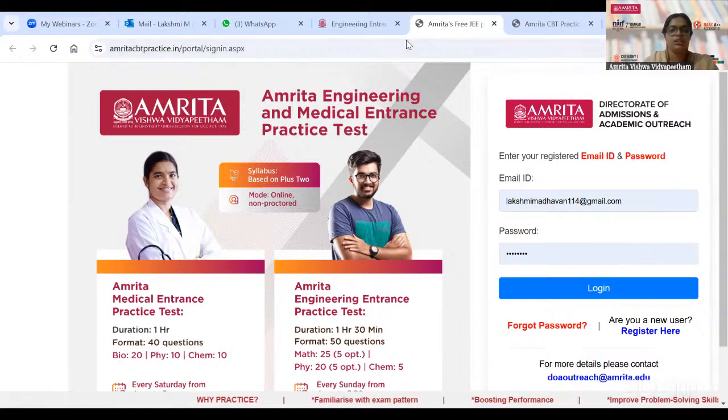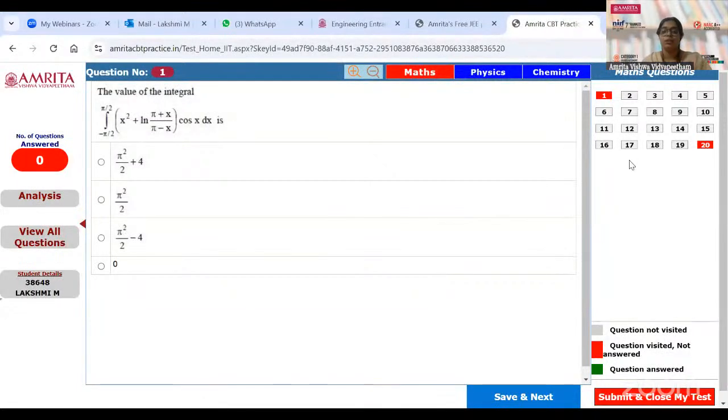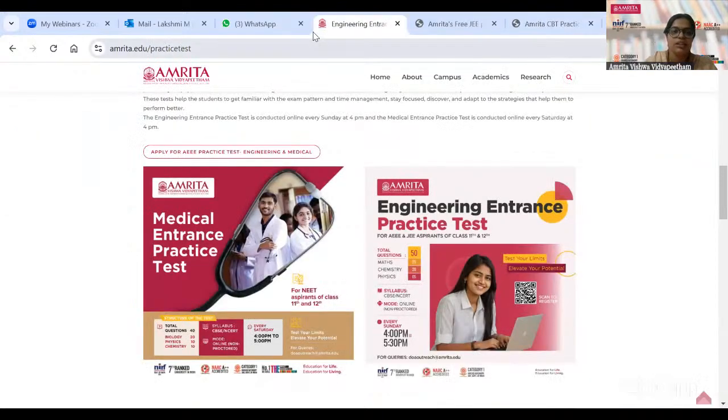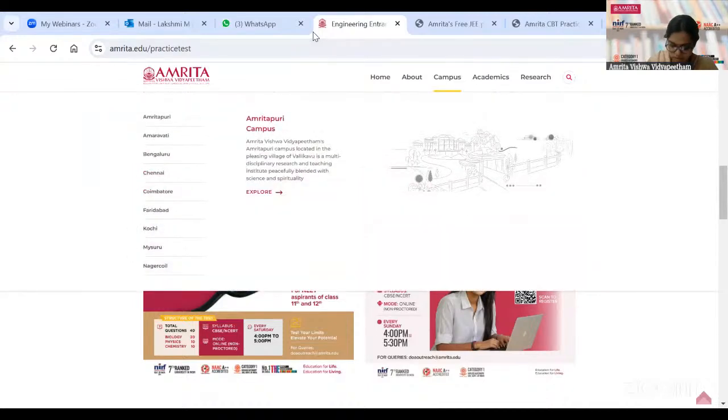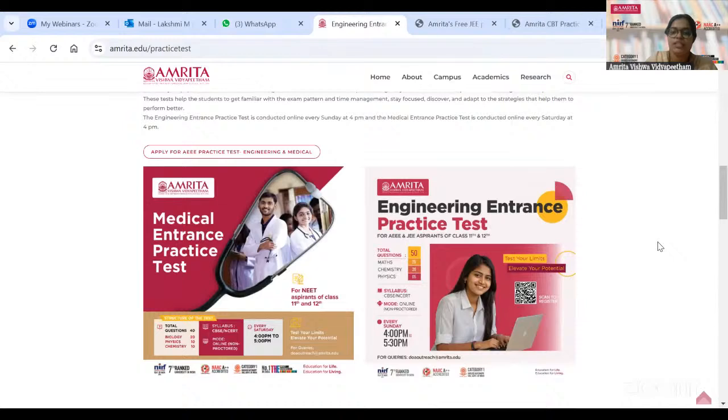It's like a system-based mock. This is very, very important compared with a pen and paper examination. So this is the very actual test-taking platform where you'll be taking a test. Maybe it's like phase 1 of JEE or AAA in the month of February, or maybe phase 2 after your board exams. So yes, I hope the sessions are useful to all of you. If you have anything else to communicate, if you want anything else to be discussed, I would request you to type that in the chat box. So this is the ID that I want all of you to note down: amrita.edu/practice test. So this is an initiative specifically for you children.